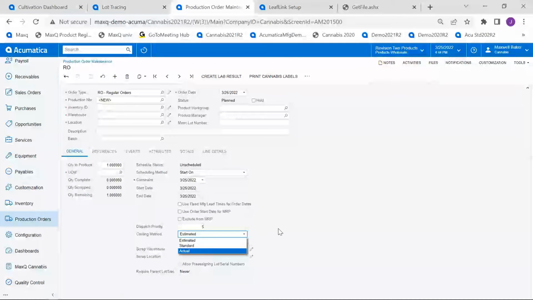If it's actual, it'll use either the estimated cost, so based on the BOM when you created the order or what you updated, what do we think it's going to cost when I receive it? Or if I use actual, it flushes all the WIP costs on the first receipt. So if I don't do partials, actual is better. If I do partial receipts, actual could be very disruptive if I ever consume the inventory before I complete the entire production order, because it flushes all of the costs per date, and theoretically that's going to be all your